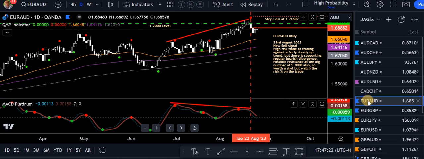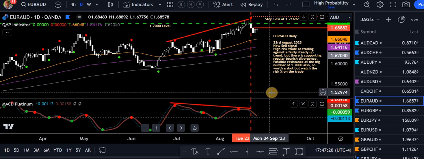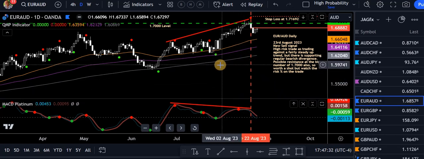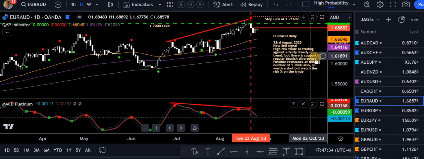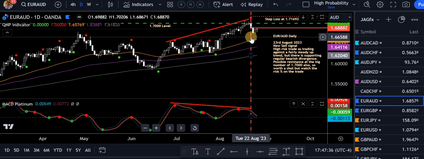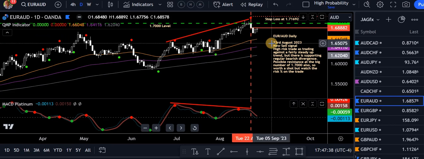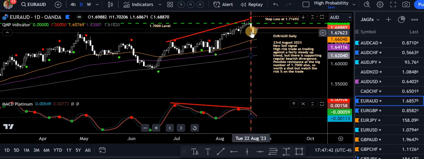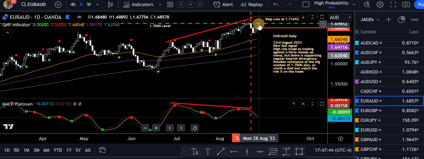Euro AUD has been added to the watch list, and this basically goes inversely with the Aussie USD, inversely correlated. So if the Aussie's going down, this will normally be going up. So we took a sell on the 23rd of August. It was a high risk trade against the trend, and this green line here is the